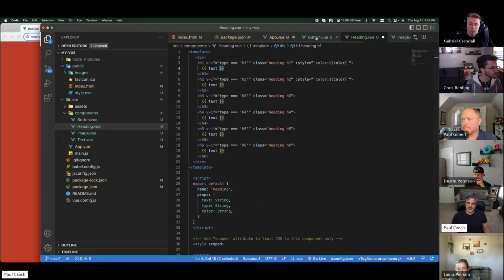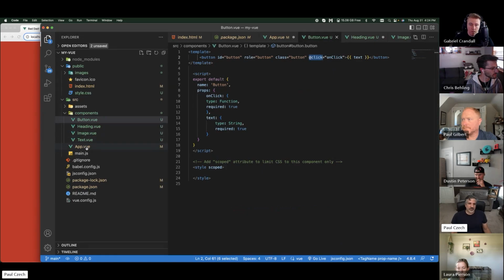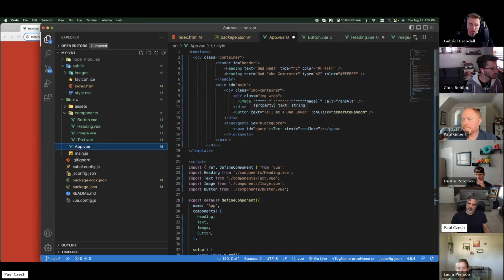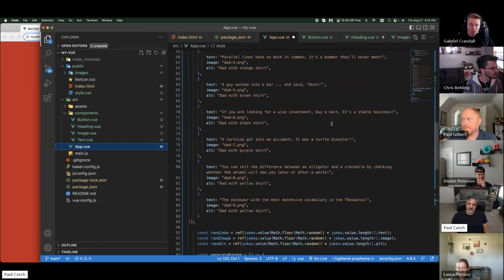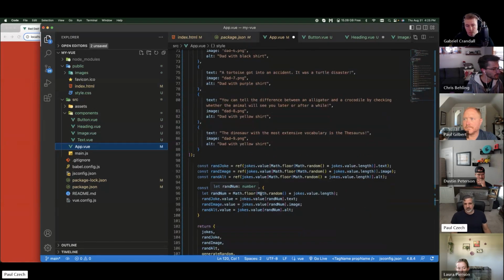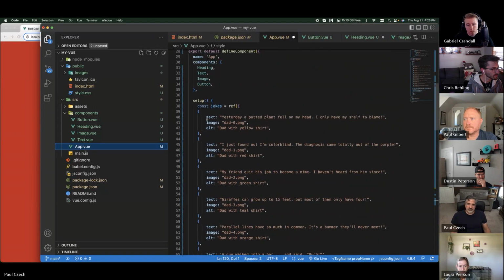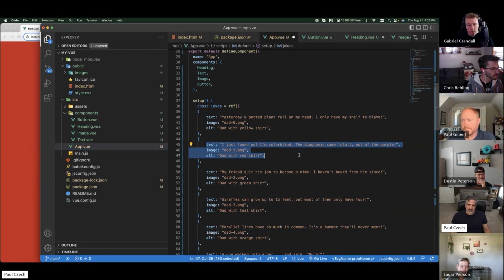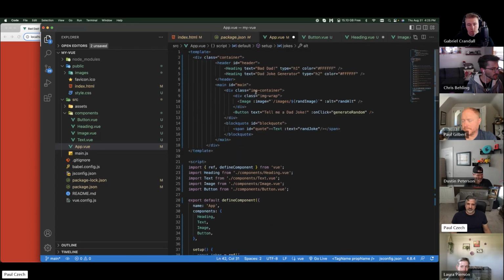The same thing with this button component. If we go back to the app, we have a text prop and an on-click event that we pass in this function, which generates a random number, and then we plug that random number into whatever array index it is. If the random number is 1, then the array index will be this item here, and then it plugs this content into the various components here. So we pass this generate random on click